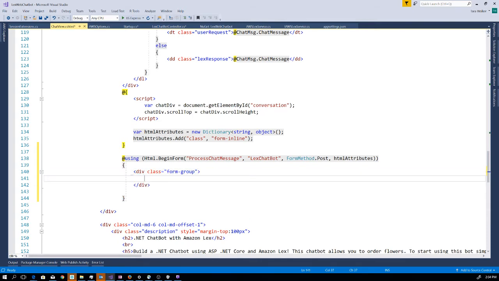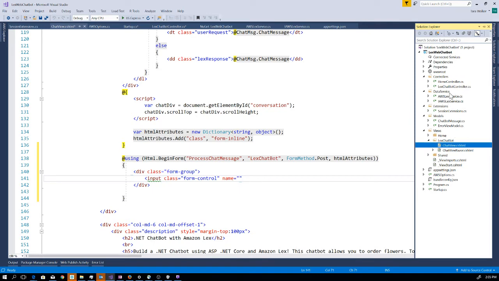So I'll just put a div, and I want obviously an input. And the class here is going to be form-control, because I want this input to actually, when you hit the text box input, process the form. We're going to name this what's going to come across. Now, you guys already know this, of course, but I need to make sure this name matches what I have